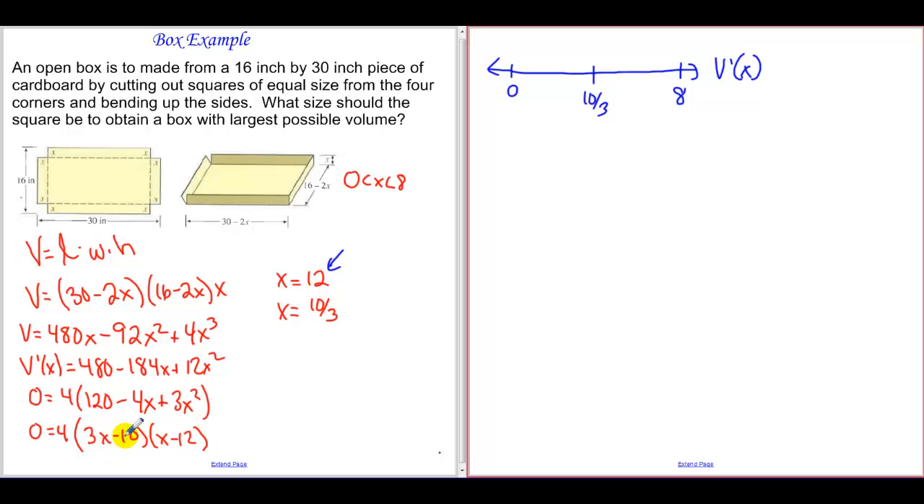If I plug in 1, we get a negative times another negative, so we get a positive. So we know that our graph is increasing. Then when I plug in something between 10/3 and 8, we're negative, so then we start decreasing. So I go from increasing to decreasing. We have a max at x equals 10/3